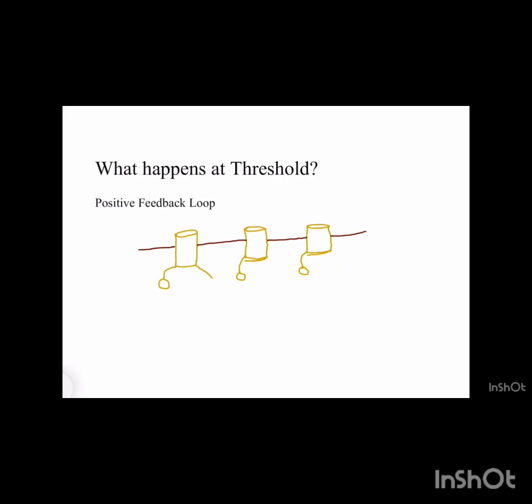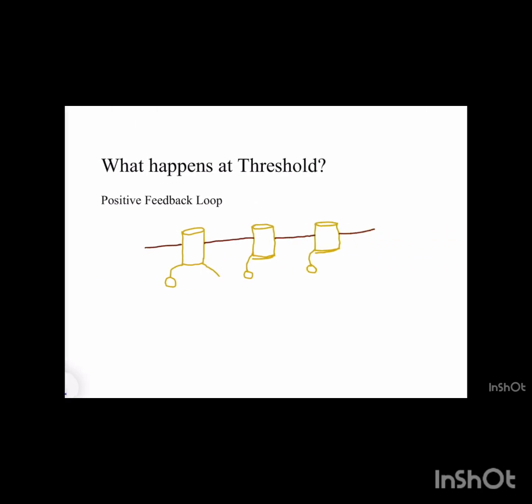So what happens at the threshold? Minus 55 millivolts is our threshold potential. Now why is it the threshold potential? What happens at minus 55 millivolts? At minus 55 millivolts, these channels, called voltage gated sodium channels,